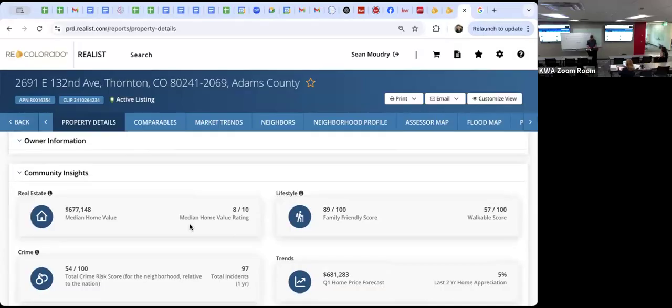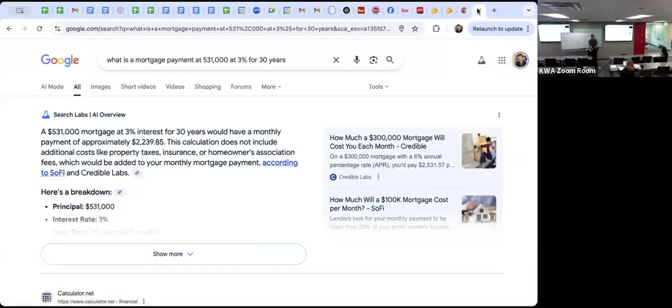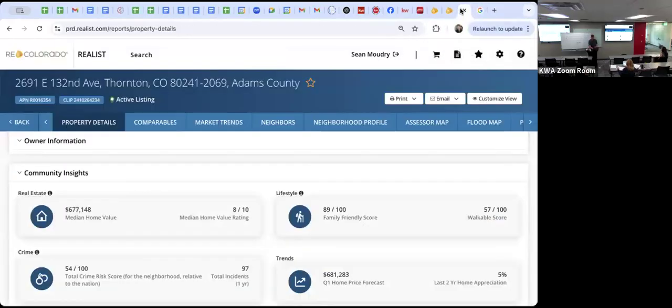I feel like it's like 25. 3758 divided by 12 plus 2239 plus, it's VA, so there's no PMI. So insurance, what does it say, 200 a month for insurance?